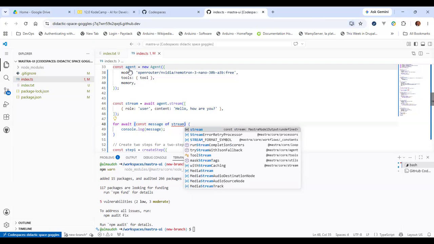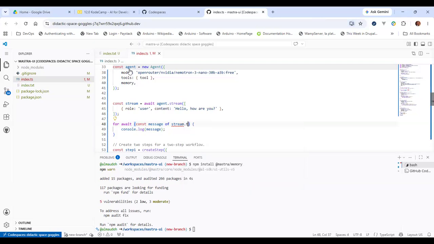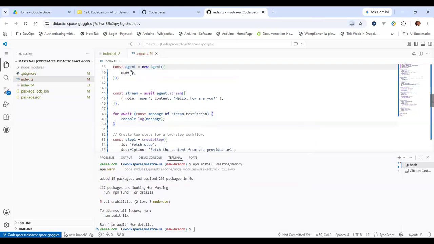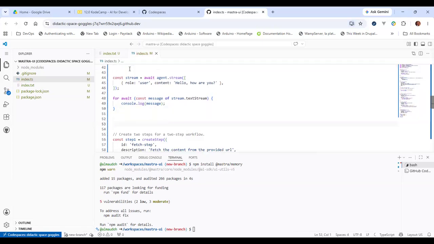If you want to get just a text portion of it, then you use text stream, and it will give you just the text portion. But sometimes you may want more structured data.